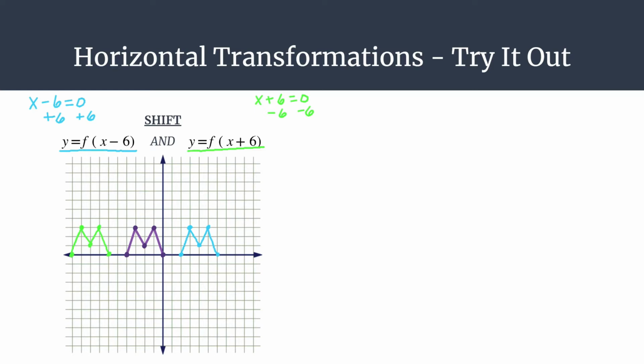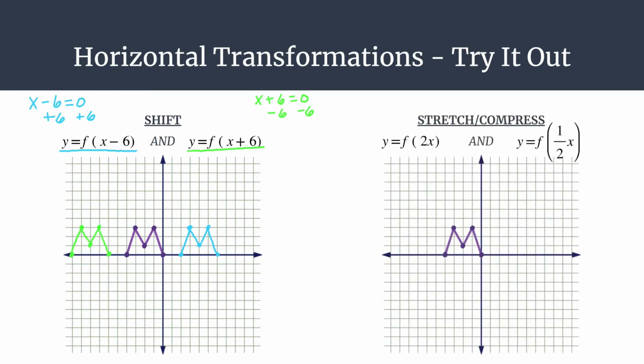Okay, so now that we have some shift practice, let's go ahead and look at stretches and compressions. So we're going to take our original purple graph, f of x, and we're going to apply these stretches or compressions. So let's first start with y equals f of 2x. And the solving thought helps here too, because you just take your transformation that's within the parentheses and you set it equal to 0 to help you identify what this transformation is actually doing. So to solve for x, all we would need to do is divide both sides by 2. So we see this is actually a compression. It's shrinking our graph, is another way to say it,